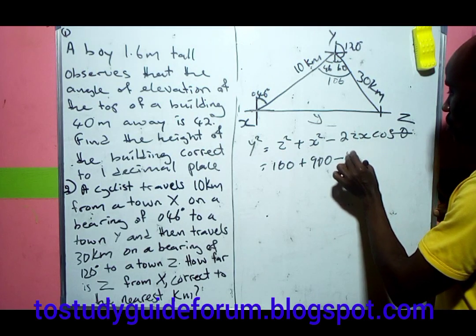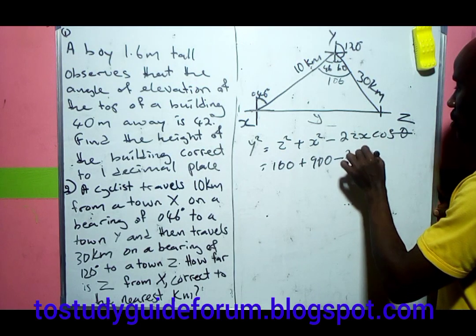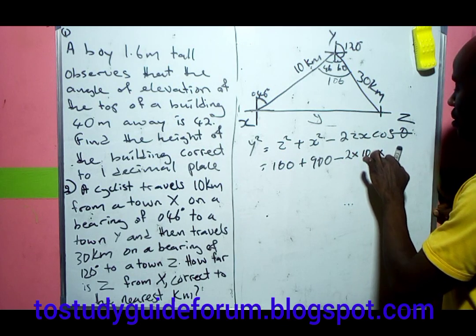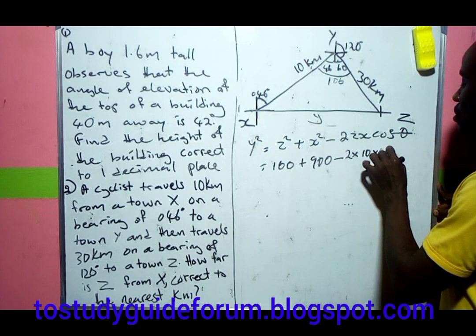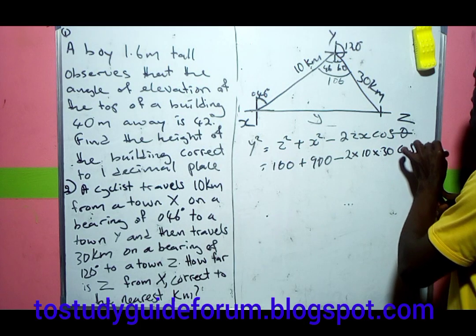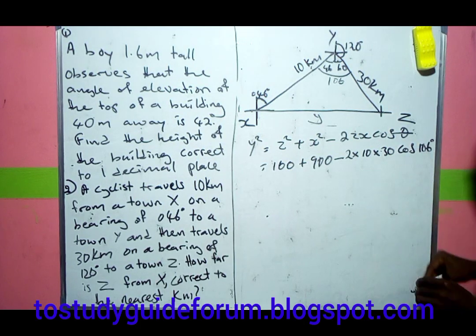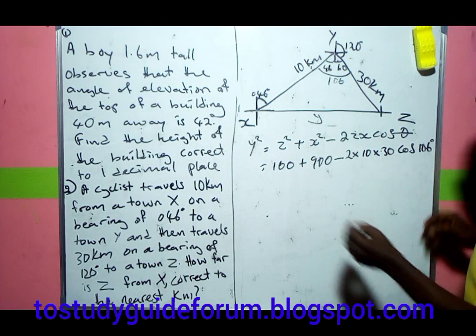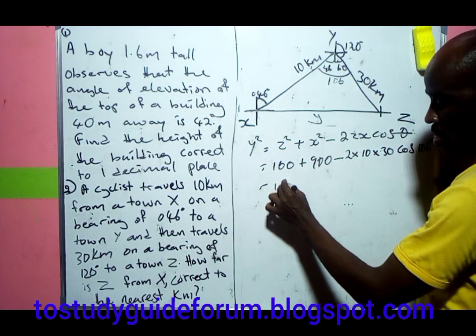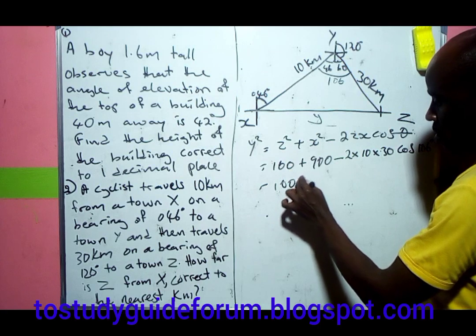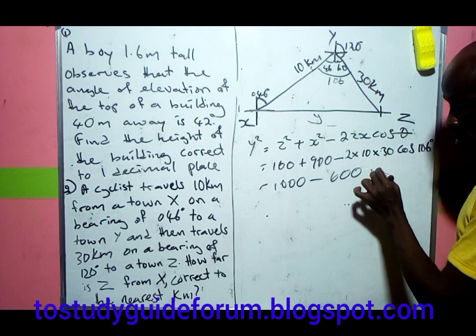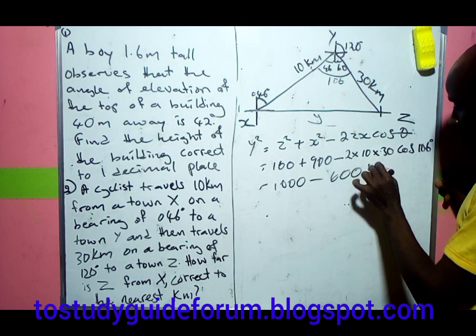That is 2 times 10, times 30 cos 106 degrees. So the next thing we are going to do, adding up, we have 1000. This multiplying, we have 600 cos